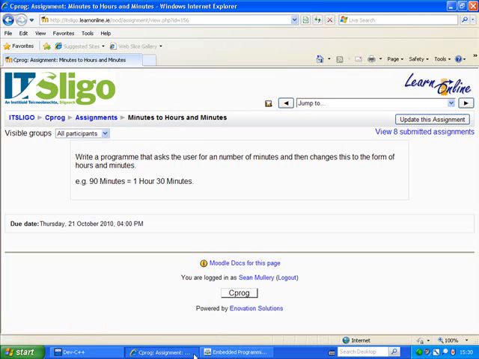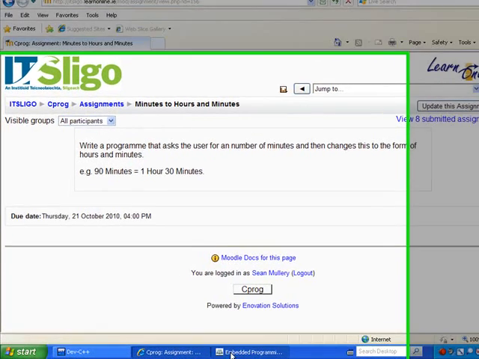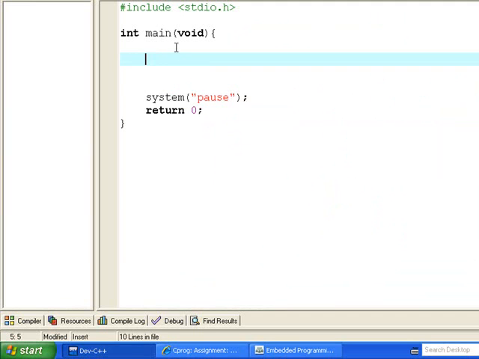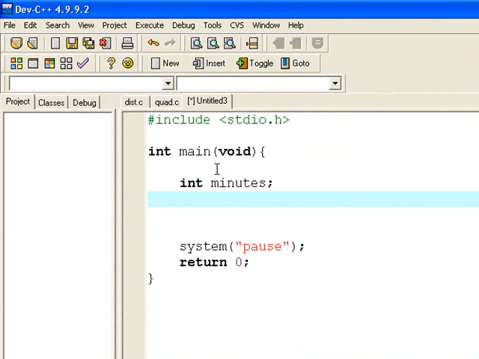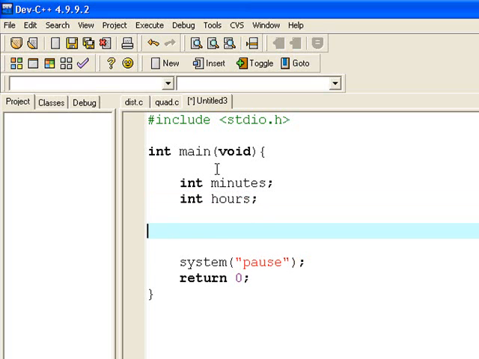Now, we're asked to ask the user for a number of minutes. Now that means we can get away with asking for an integer number of minutes. We don't really have to ask for a number of minutes with a floating point. So I'm going to just put an int for that, and I'm going to call it minutes. Now our answer has to be in hours and minutes, so I'm going to say int hours, and I don't need to make another one for minutes because I already have one, so I'm going to reuse that when it comes to it. So I have to write printf